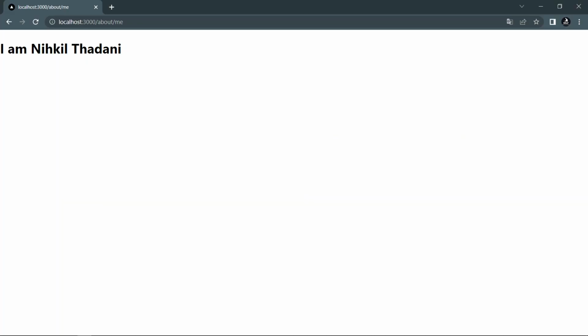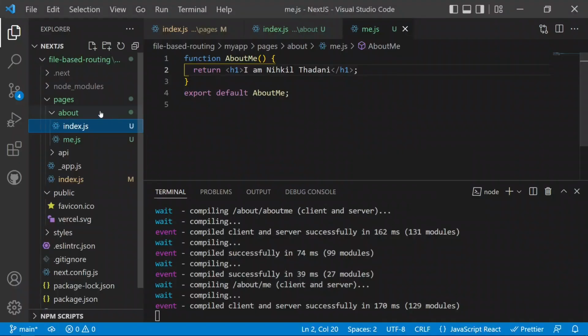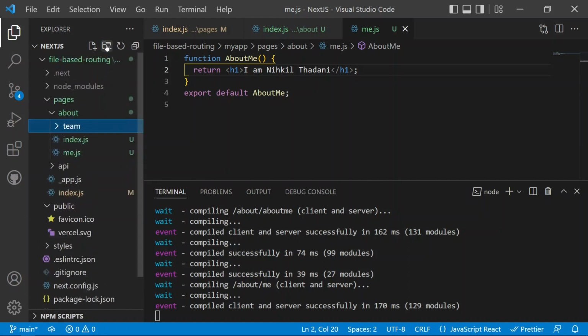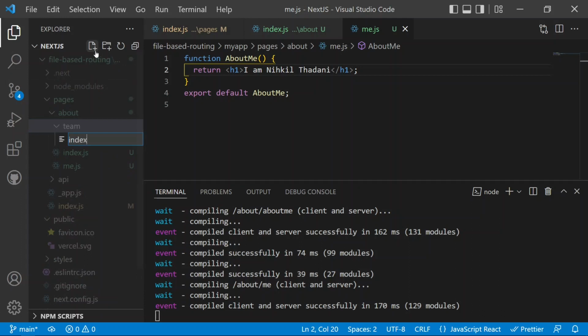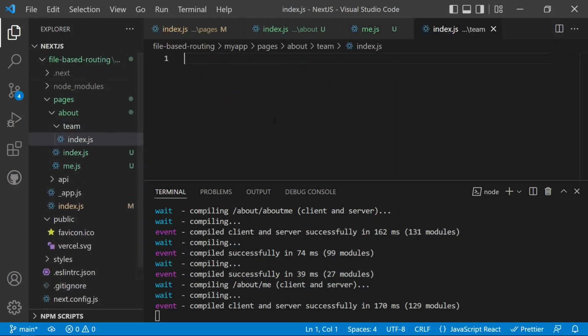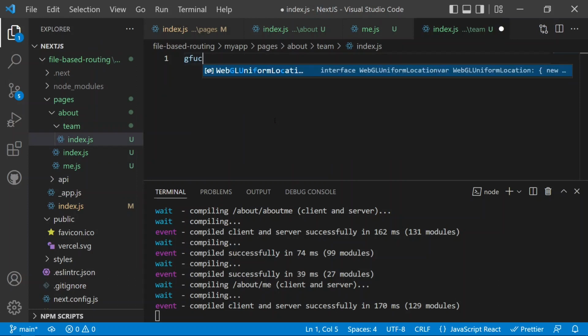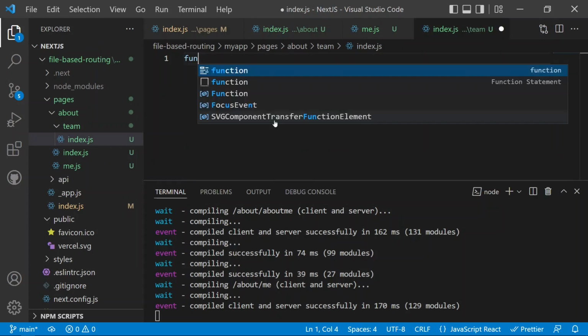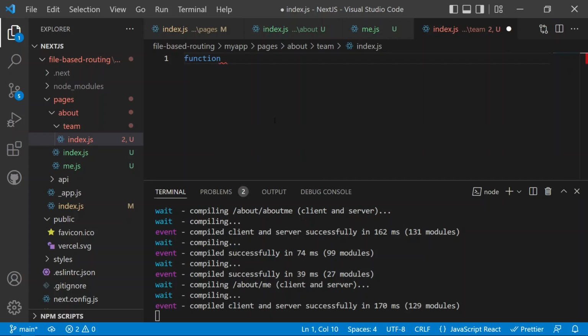And then after the me, we can create another nested route as well. Inside this about we can create another folder, like a team, and after the team we can create the index.js inside this team as well. So the index.js inside this team will work the same as before. We can create a component function again, like a function about team,